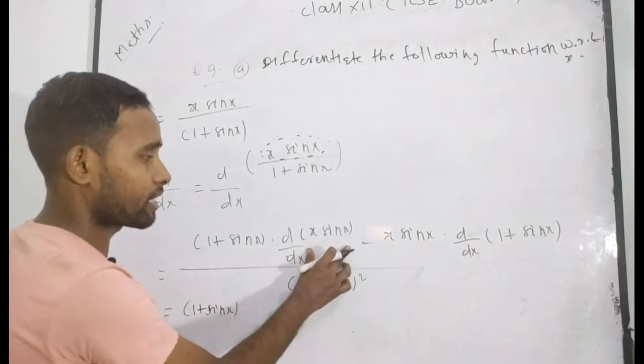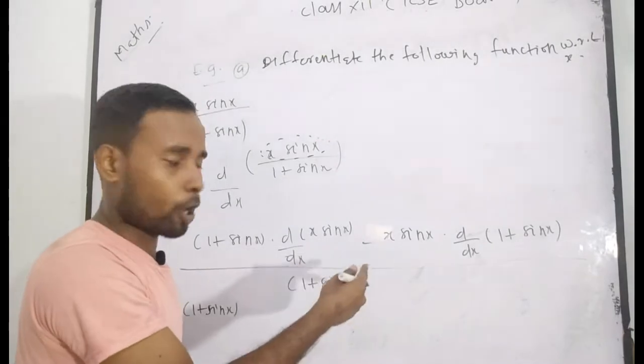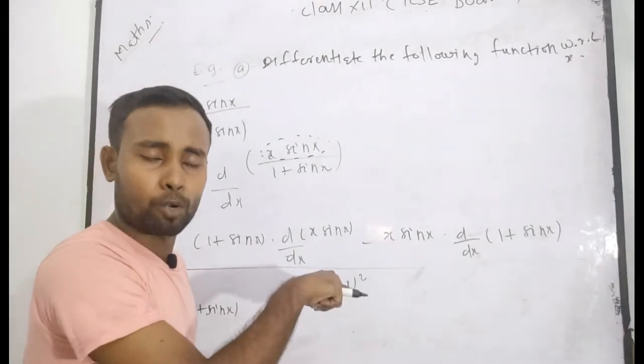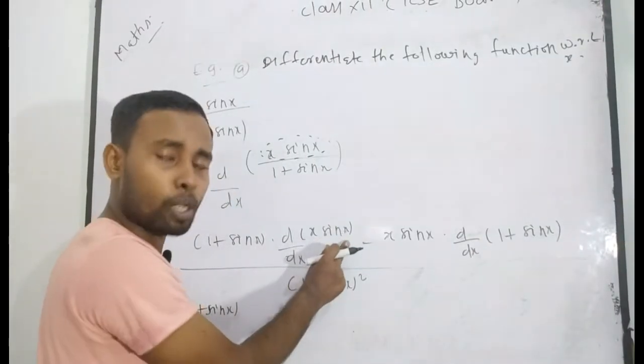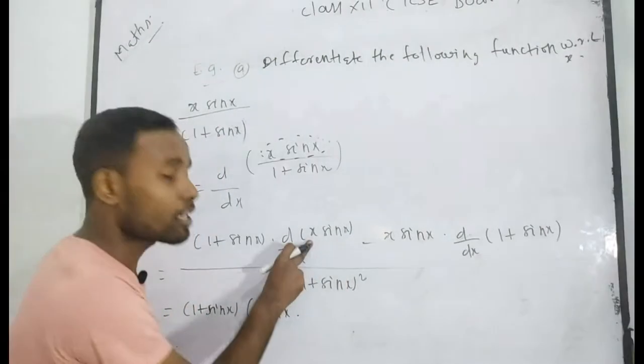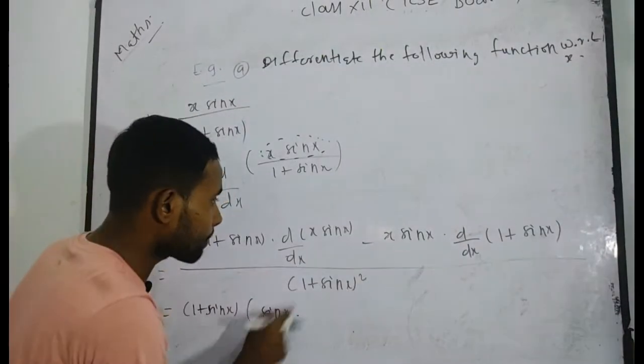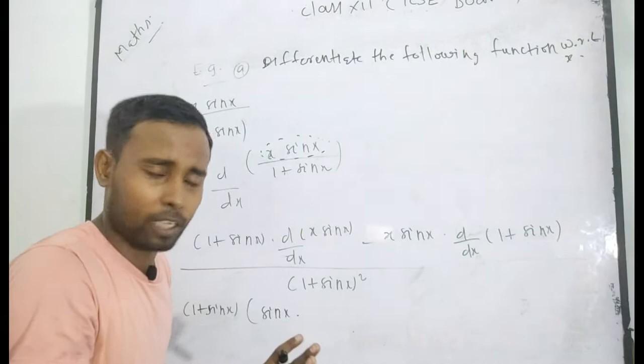Now I want to differentiate it. As you know that this is in the product form, so you have to first of all apply the product rule. There, can you differentiate? First of all, you have to take sin x outer side and differentiate x with respect to x. In that case, it becomes simply 1. So it becomes sin x into 1. I want to leave that.